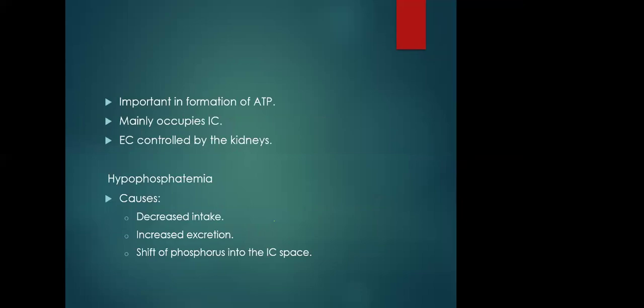Phosphorus is not that much encountered in disorder, but it is important in formation of ATP, and it mainly occupies intracellular space. And extracellular concentrations are controlled by the kidneys. Hypophosphatemia causes a decreased intake, increased excretion, and shift of phosphorus into the